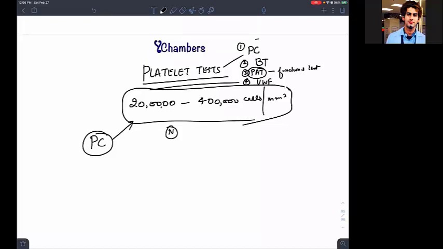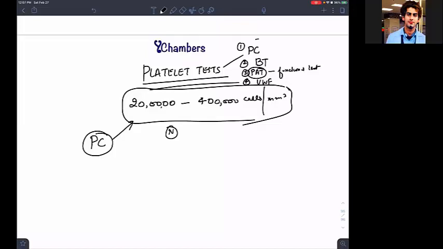Aspirin is not allowing the synthesis of thromboxane A2. That means it is not allowing the process of temporary platelet thrombus formation to start, isn't it? It is not allowing that. So I have a normal count, but my function is getting affected at that molecular level. My platelets are not functioning, isn't it?